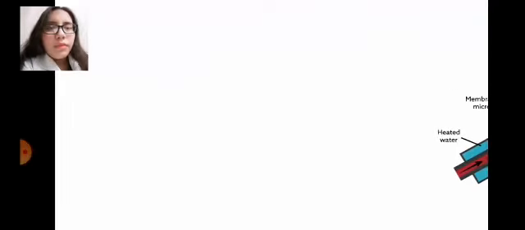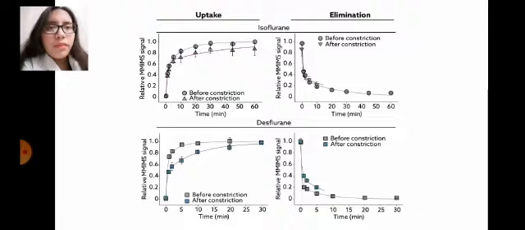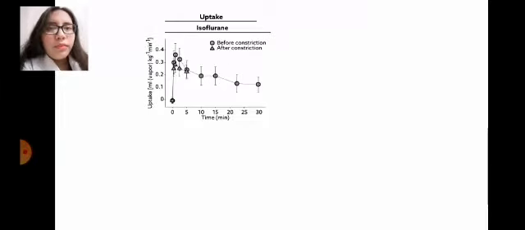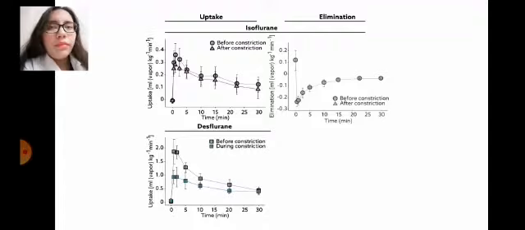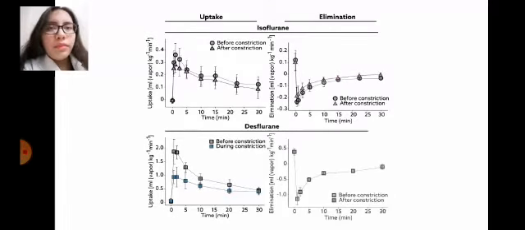The group found that both drugs were slower to be taken up and eliminated in pigs when their airways were constricted, but the effect was more severe with desflurane. For example, while peak uptake fell by less than a quarter in the isoflurane group, it dropped almost to half in the desflurane group. Similarly, elimination fell by just 8% in the pigs given isoflurane versus 46% in those given